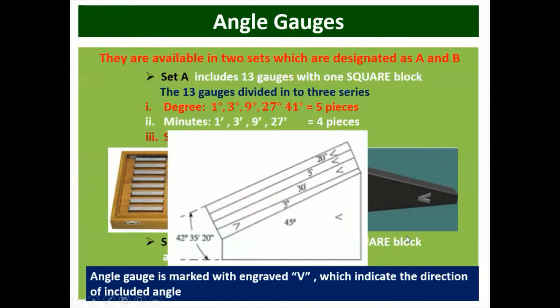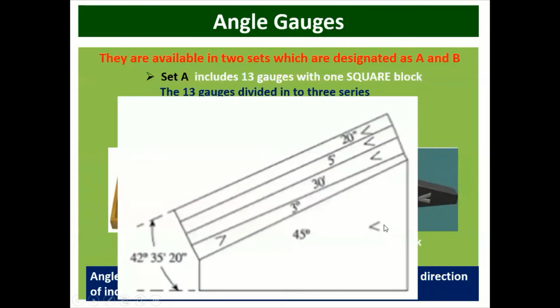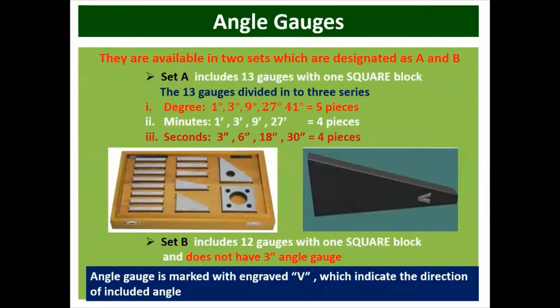So included angle means, if you can see, this is just one example I am showing. You can see the direction of this. These are the V's, but only the 3 degree, which is opposite to the 45 degree or 30 degree, 5 degree, 5 second, 5 minutes, 20 seconds, means the 3 degree we can subtract. So that is how we can do the addition and subtraction. I will show you in the next slide also.